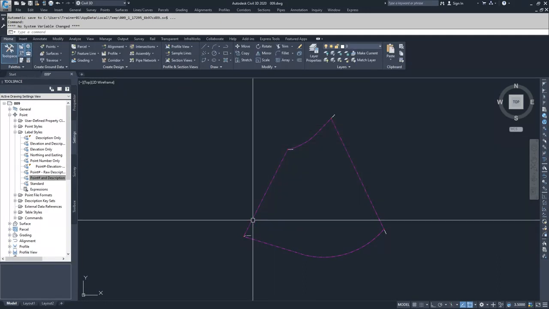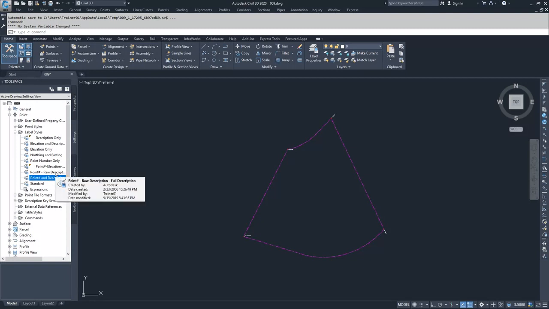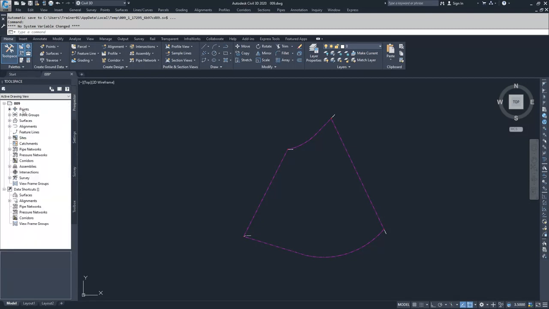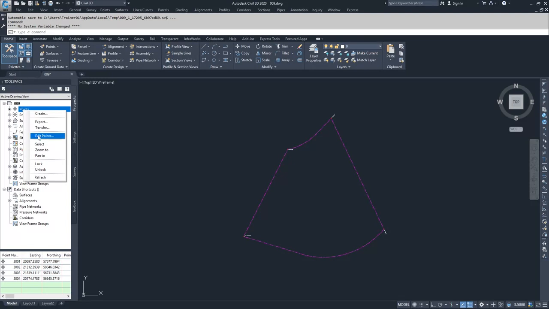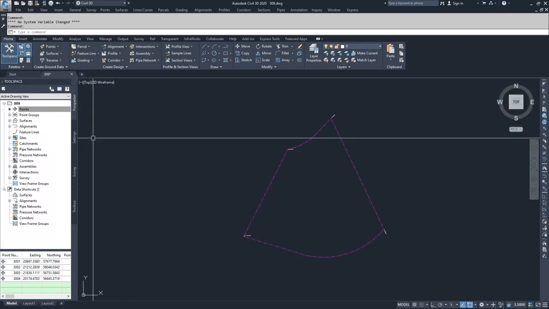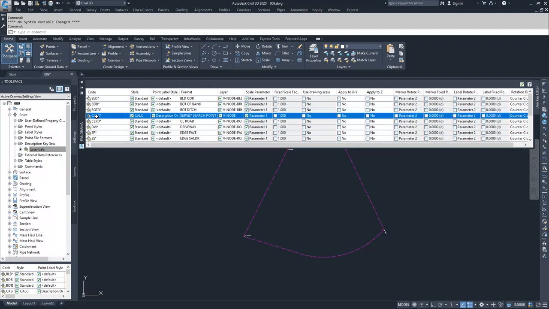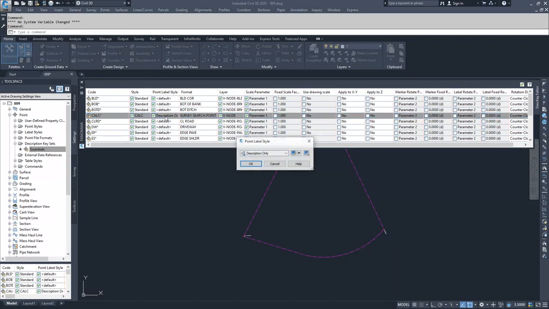and hit OK. Now, inside of our label style, in the settings tab of our toolspace window, you'll see that we have a point number, raw description, full description label style. To apply that, we could do it the way that we possibly might have done it, by editing points and forcing the point label style. But as we did when we forced the marker style, we have a description key set for our calc points. So we're going to go to description key sets, essentials, edit those keys. We're going to go to our calc, and we're going to go to our point label style, and choose point, raw description, full description, and select OK.